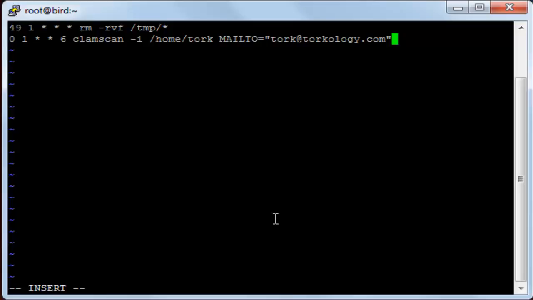There is another way, and it will be after the command. Let's make it in another line. For example, I will type the same command, but I will not save. I will just show you how to do the other method. For example, here now I have a command. The other way to send the specific result to a specific email, you will type after the command -c and then -m and then the email,